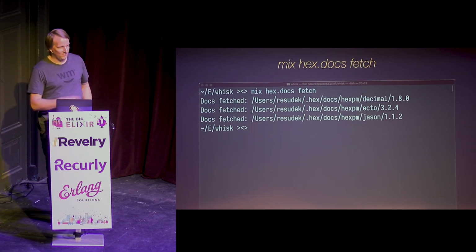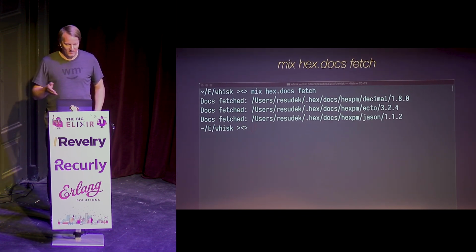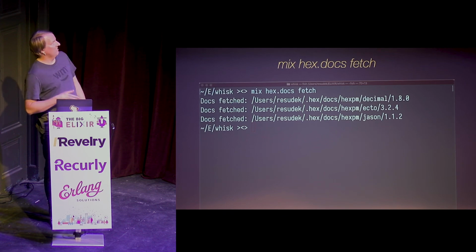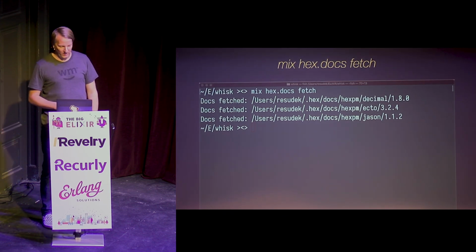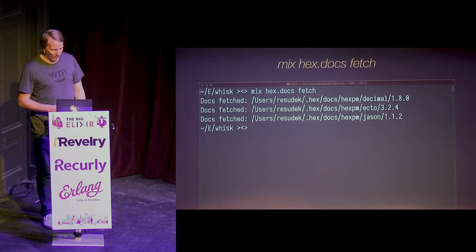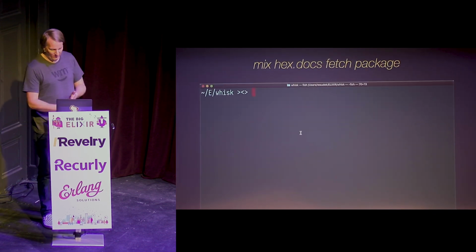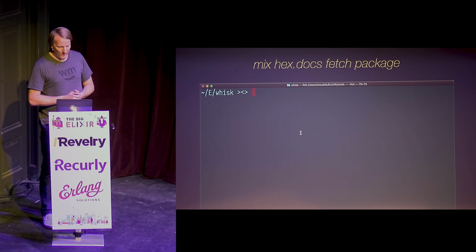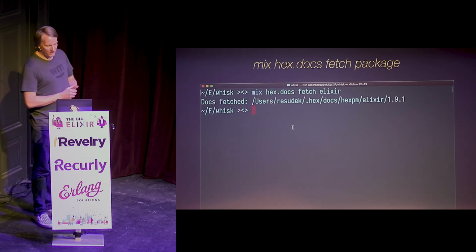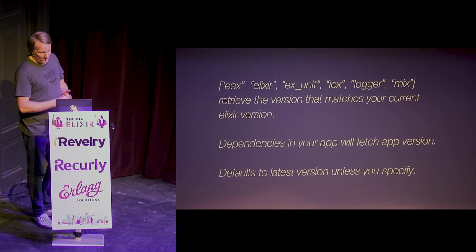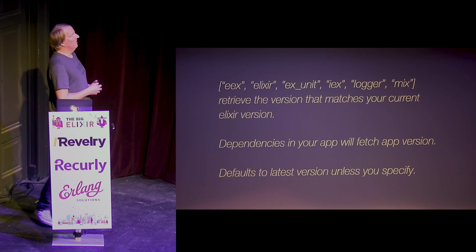So it's home.hex/docs/repo name. So Hex PM is the public repo. So if you look in your computer there, you may have a bunch of downloaded documentation. And then if you add a package name to it, it's going to just download the documentation for that package.